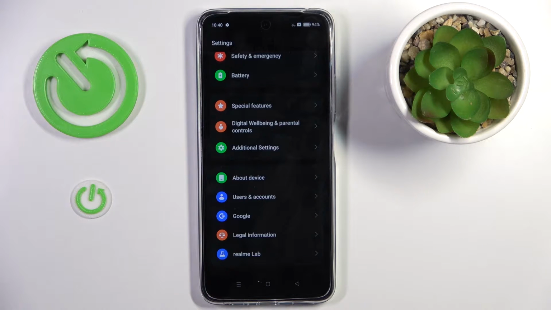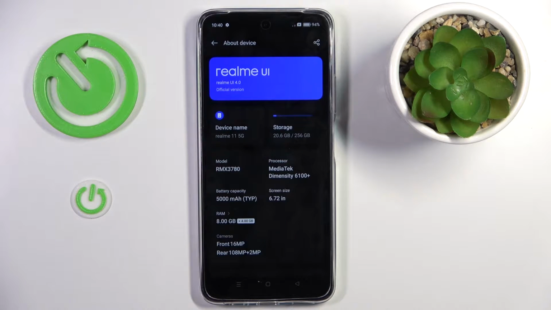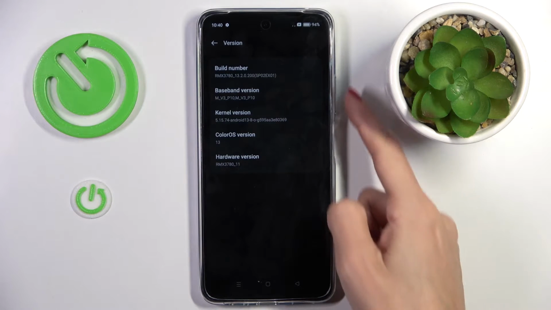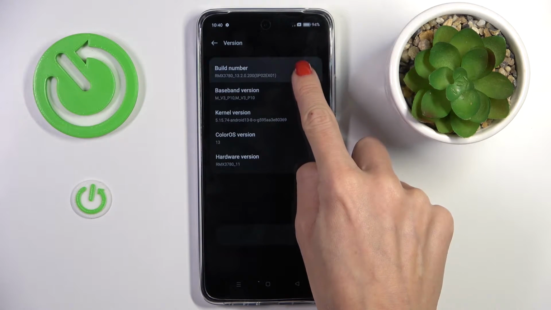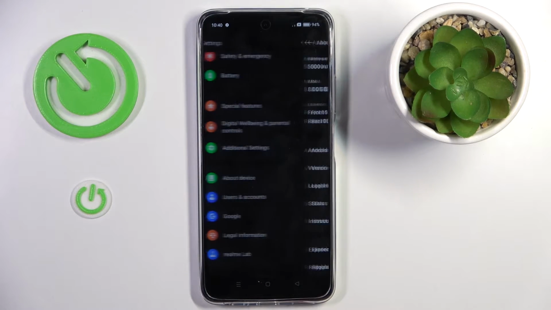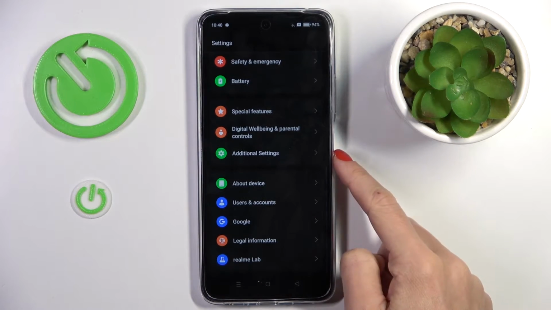At first, open the settings, then select About Device, find and select version. Here you will notice build number, tap on it 7 times. As you can see, after that you are a developer, so now you have to go back and developer options